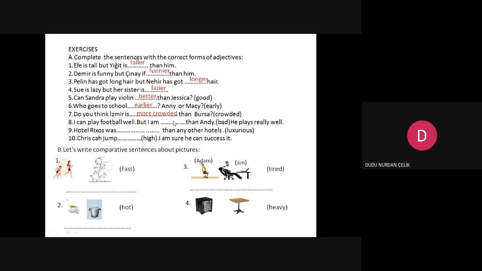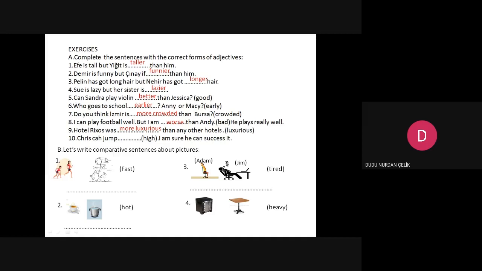That's right. Hotel Rixus was luxurious, luxurious, long in syllables. And of course, we say more luxurious.